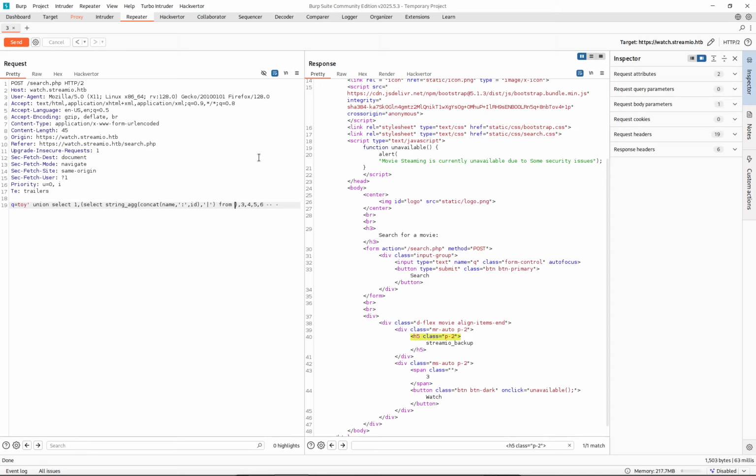And from StreamIO dot sys dot objects. So you can either type dot or dbo. I prefer to keep things simple. Where